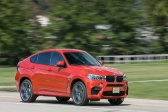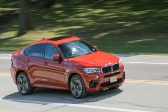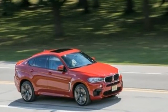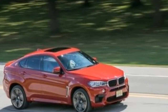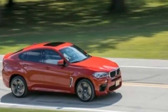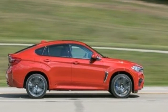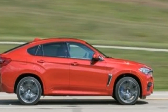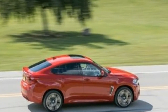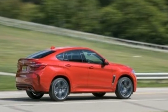Packed under the X6 M's hood is a twin-turbocharged 4.4-liter V8 that delivers a heady 553 pound-feet of torque between 2,200 and 5,000 revolutions per minute. It's hooked to an 8-speed automatic transmission, and all-wheel drive is standard. The staggered-width, 21-inch wheels measure 10.0 inches wide up front and 11.5 inches at the rear. They're wrapped in fat Michelin Pilot Super Sport performance tires, size